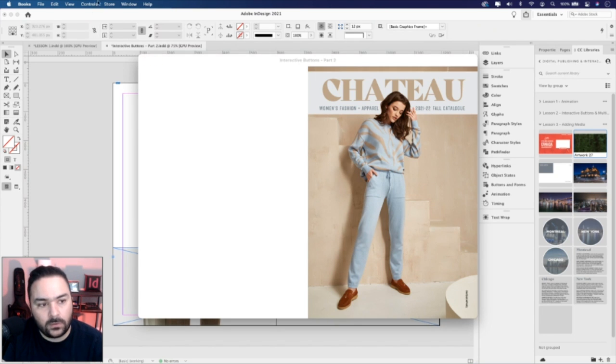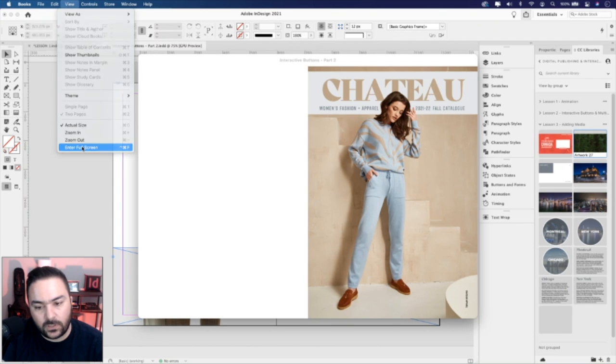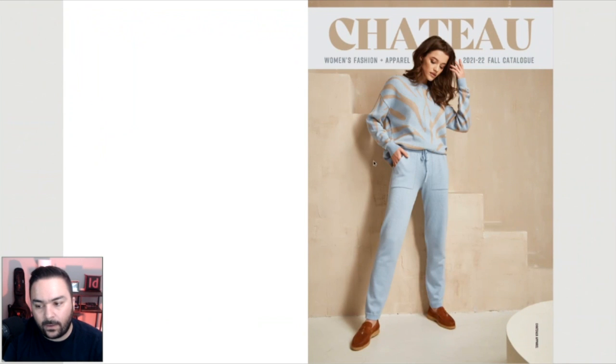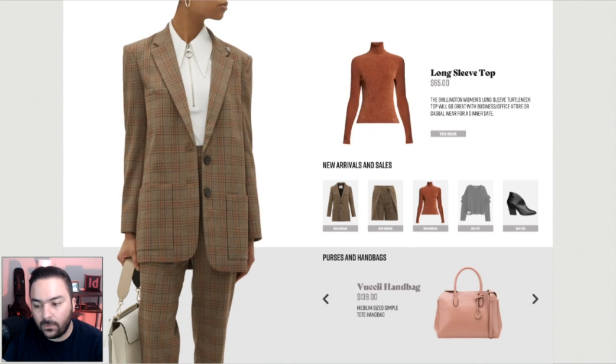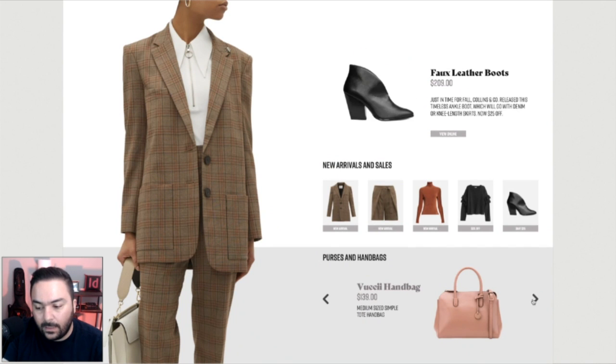So I'm going to go to View and then enter full screen mode. I am in Apple Books now. And let's go ahead and go to the next page. You can see our layout is intact. The hover appearance rollover that we created also intact. We can click through, that carries over. The go to next state buttons with the handbags, those work as well. And we can go to the previous as well. So those all work, and they work exactly how we set them up, which is always a nice thing.